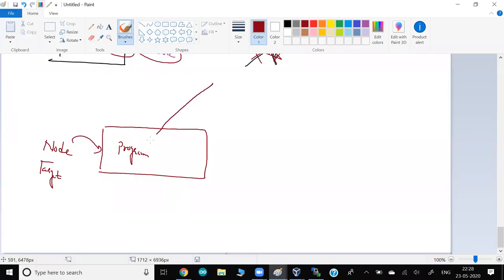If anybody comes to my URL, which is typically known as an API, an application programming interface, then I will run my program. Right now I'm not running. If you know how to check the process, just go and check. There's no process or service running. But when anybody comes to me,